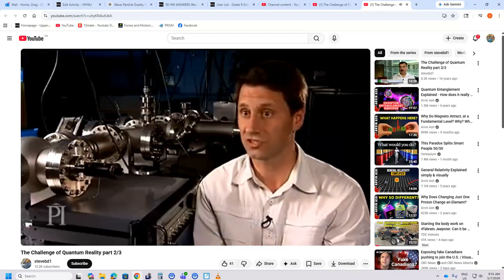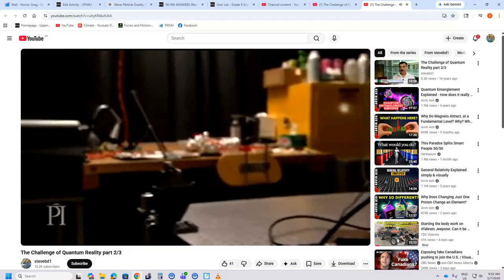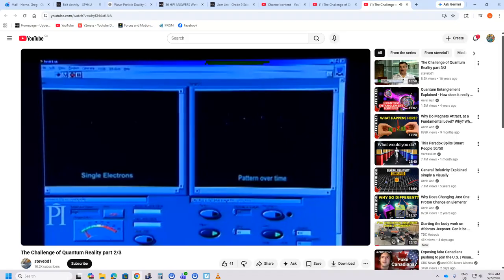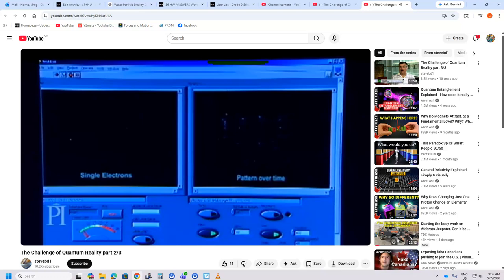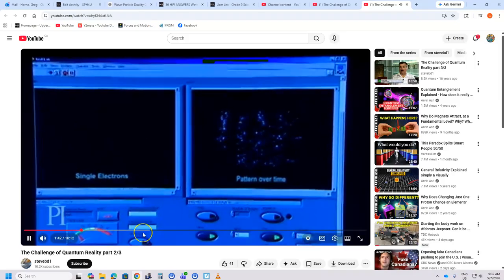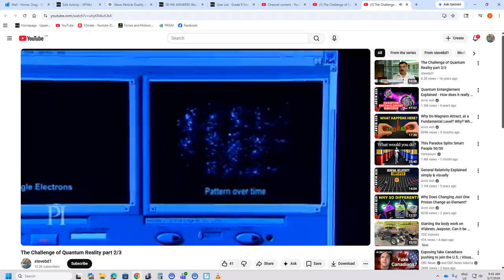If you were thinking of that wave as being built up out of many electrons, then surely the wave is gone, and surely the interference pattern must disappear. The signal of the electrons hitting the detector screen is transmitted to a computer. The left image shows the electrons striking the screen individually. The right image reveals a pattern that is built up over time. Incredibly, after a large number of electrons hit the detection screen one at a time, they still produce the same interference pattern.